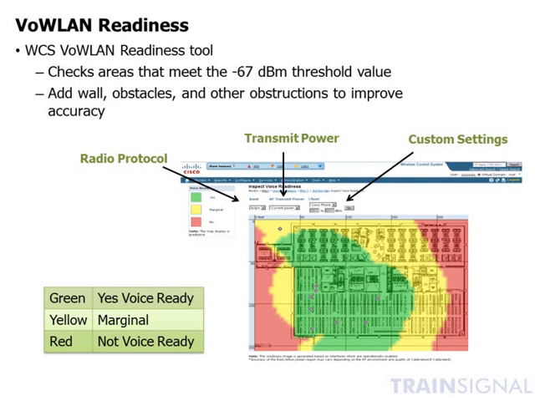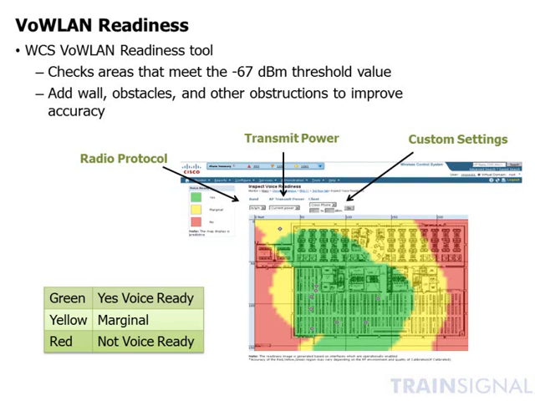Now remember, this is a planning tool, and so it's very important that you take some measurements out on the floor in order to verify this before you make the assumption that you need to start adding access points. It is also a good idea that you recheck the power levels have been set correctly on these access points and see whether you can actually increase the power to get better coverage where the yellow and the red areas are,